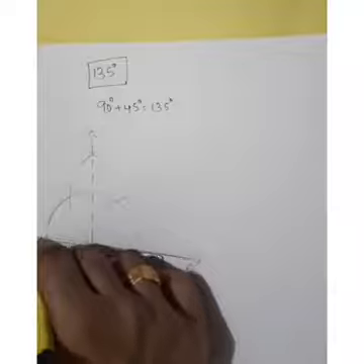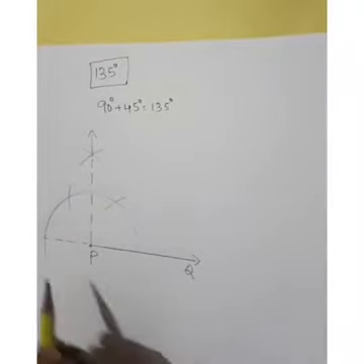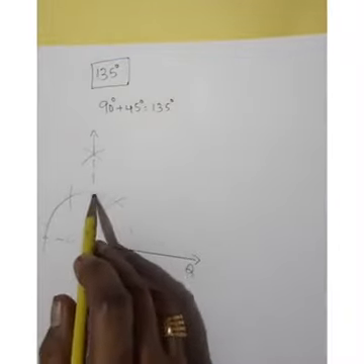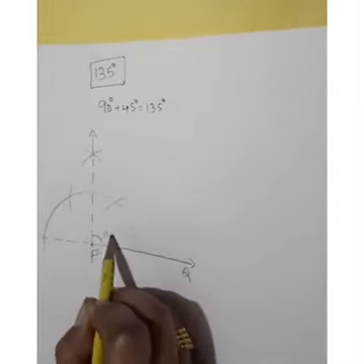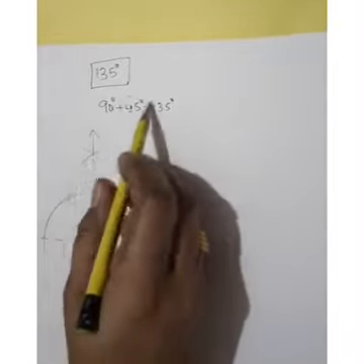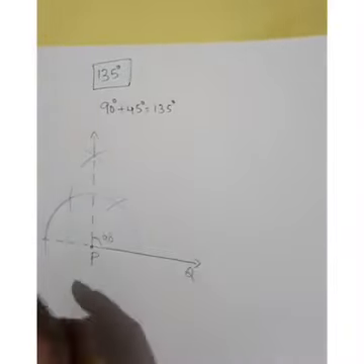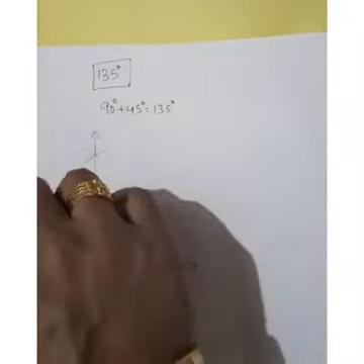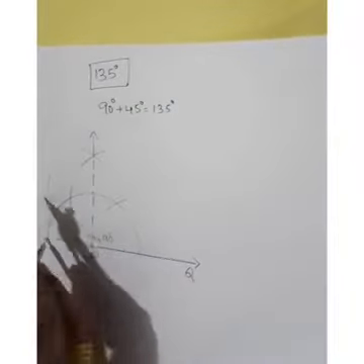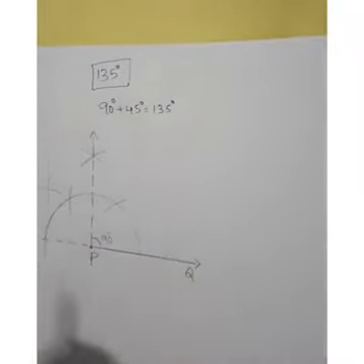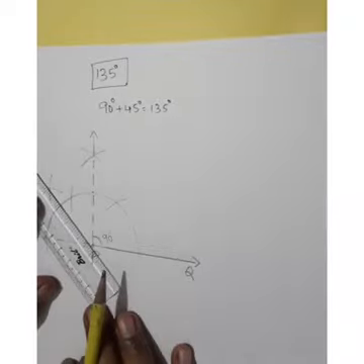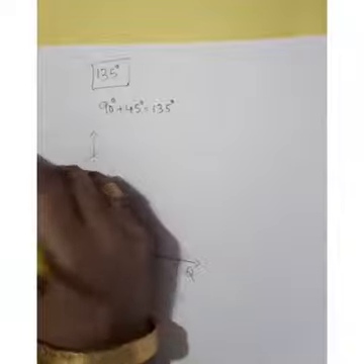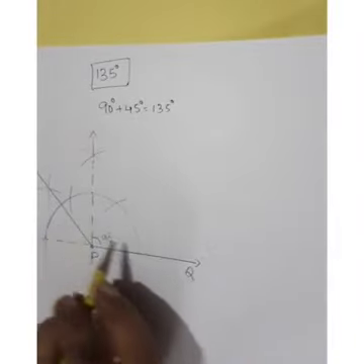Okay, so if you extend, this is 90 and this next side also 90. So this complete 90 degree and you have to bisect this angle 90 degree to get a 45 degree. So for bisecting that, this is a point. Okay, here is a point. Draw an arc. Here is another point. Draw another arc and draw this line. This is the bisector of this 90 degree, second 90 degree.